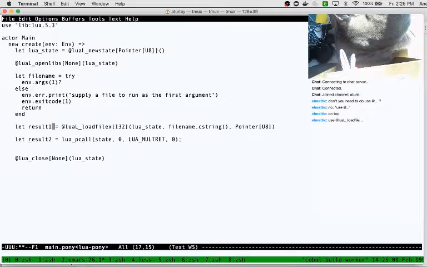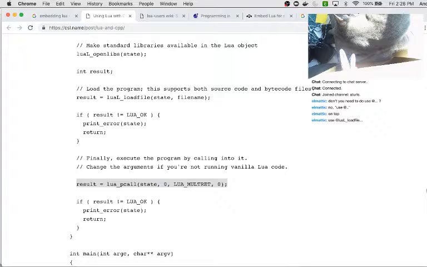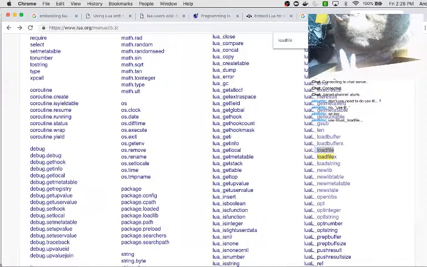Call this thing result2. We can start taking a look at the results a little later. So we're passing in our Lua state, 0, Lua multret, and 0. So let's just take a look at the Lua documentation and see what those things are doing. I trust this is probably the right thing to do, but